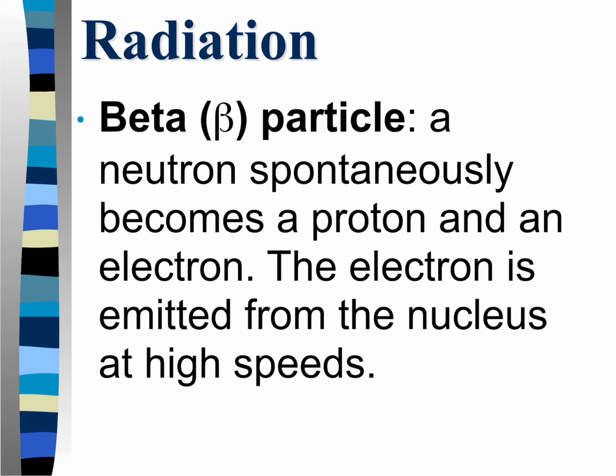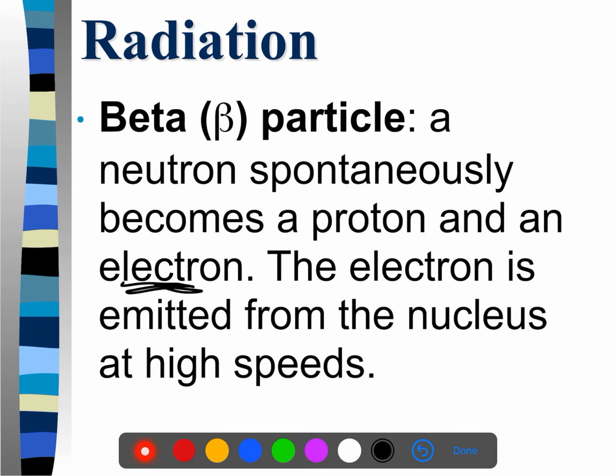All right, beta particles. A beta particle happens when a neutron spontaneously turns into a proton and an electron. And where is the one place in the universe an electron cannot exist? It's in the nucleus. So it gets spit out of the nucleus at a high speed. So now we have a high speed particle, which kind of makes it dangerous. But what do we know about the mass of an electron? It's very light. So in order to be a particularly dangerous form of radiation, you have to have mass, you have to have velocity,